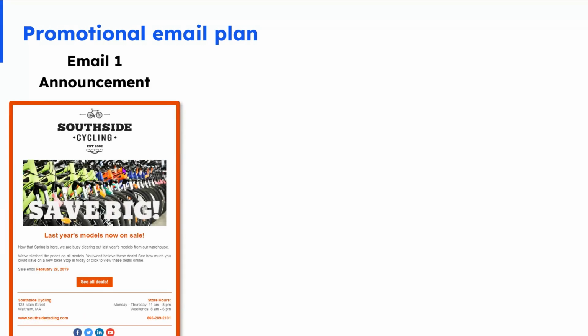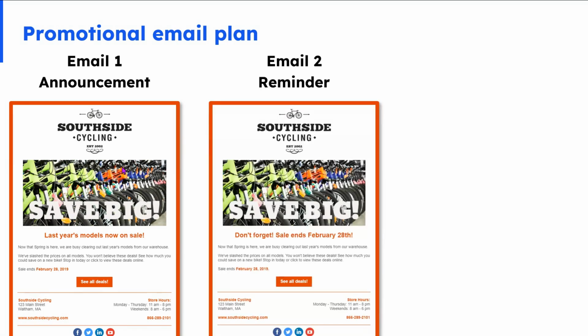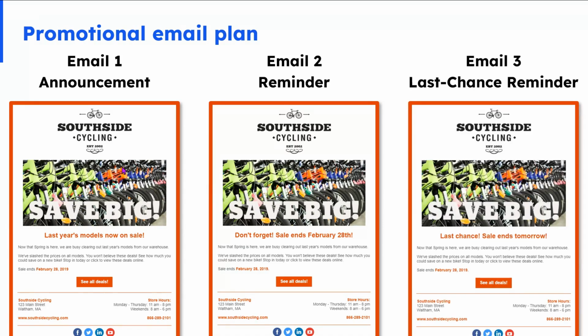First email is an announcement of your promotion, your event, or your campaign. The second email is a reminder about your campaign. This one's sent later and will remind people about what's coming up. And then email three is sent right before the campaign or the event. It's a last chance reminder email. And this strategy will keep your time based information top of mind with your readers so they don't forget to